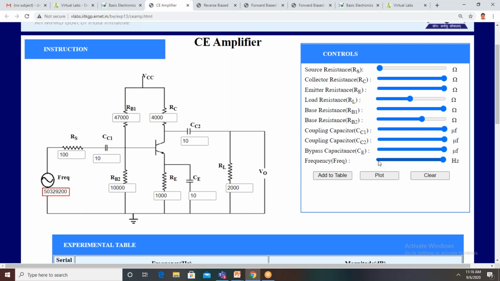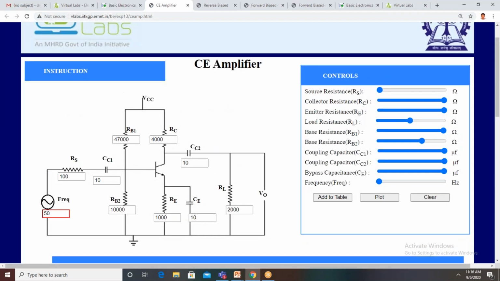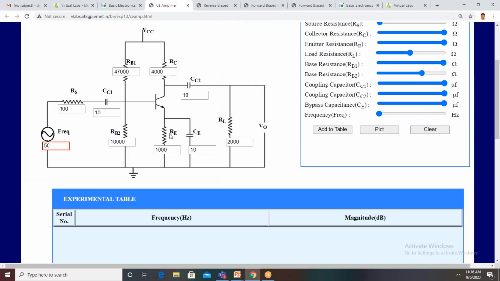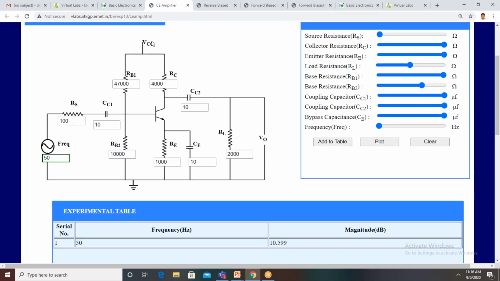Initially we set 50 Hz. Now it is 50 Hz. For 50 Hz of input signal, what is the magnitude of the input signal? It is 50 millivolts, which is inbuilt. Now the frequency is 50 Hz. Add to table. What is the corresponding magnitude in dB? It is 10.599 dB. Even the supply voltage VCC, 12 volts, is available internally.